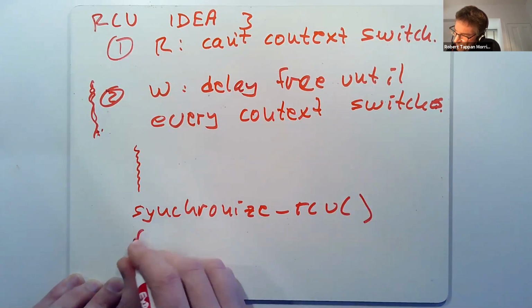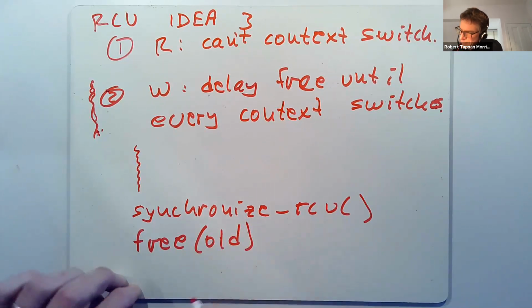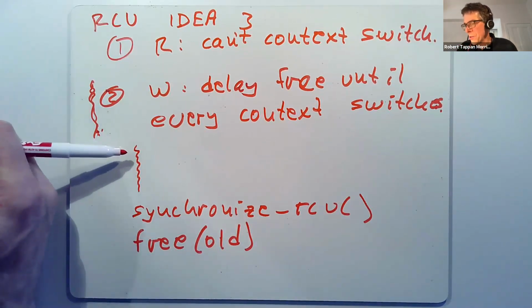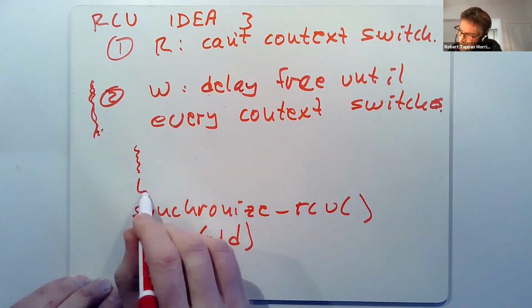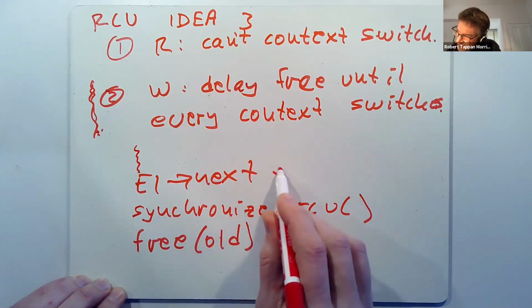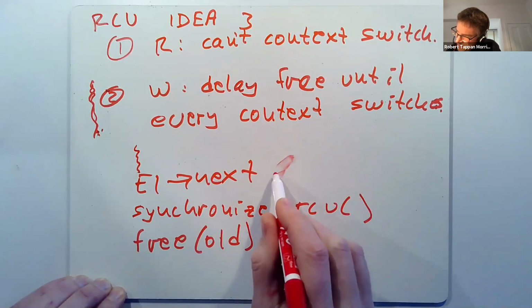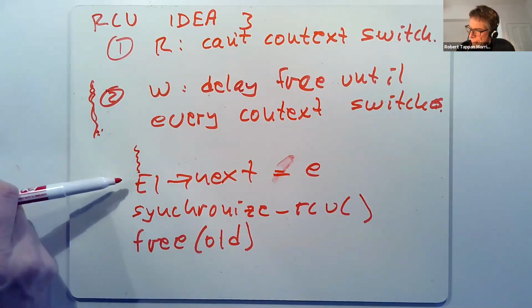And then the writer frees whatever the old element was. And so that means that the writer is doing whatever it's doing. At this point, let's say it's doing the E1 arrow next is equal to the new list element. And so